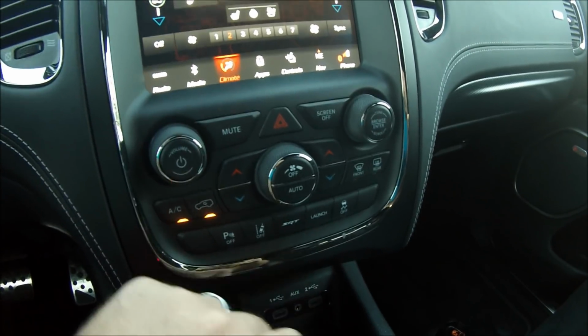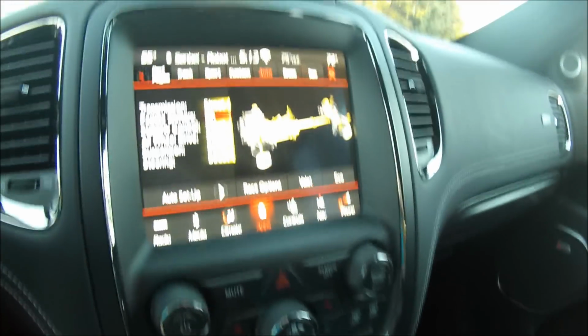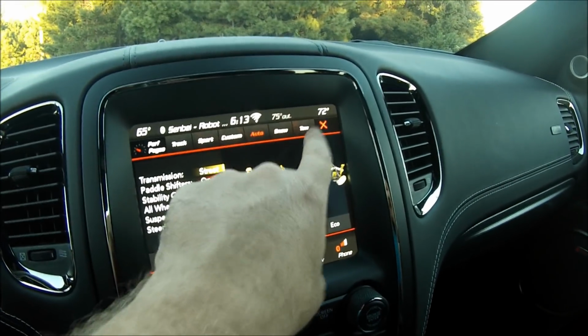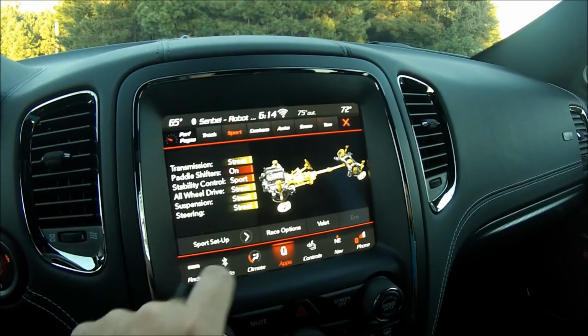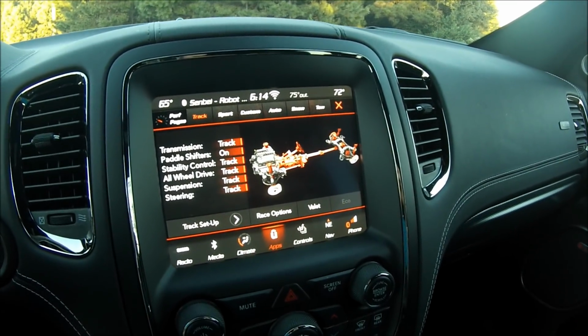specific to most SRT vehicles. Now, you talk about an interchangeable vehicle. You push the SRT button, you have access to 7 different modes. You can change it from towing mode to make the best of that 8,700 pound towing capacity, or you can go all the way to, say, sport mode or track mode, and then really set this thing up to have